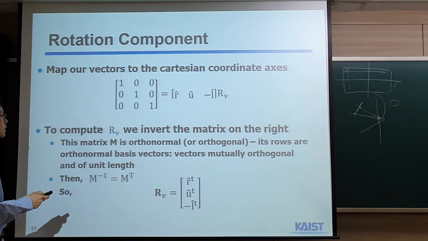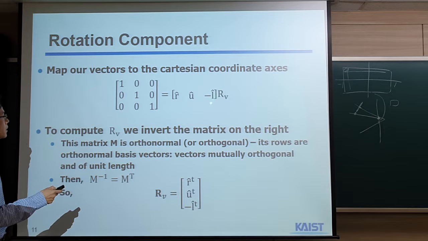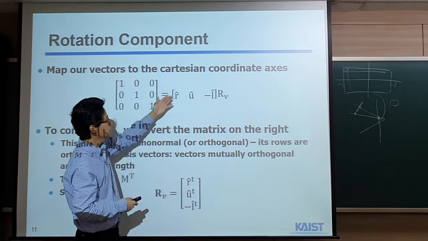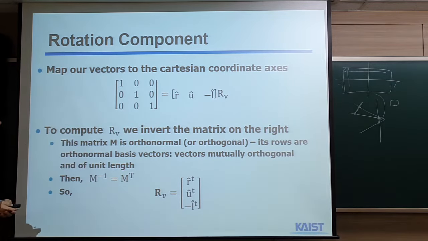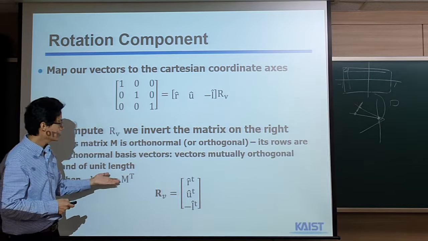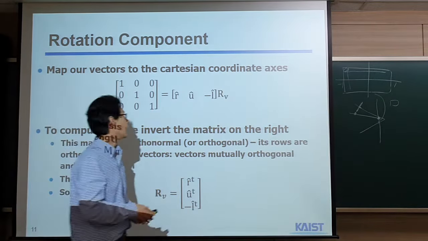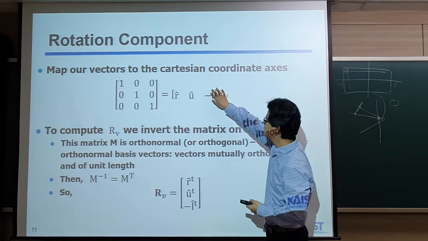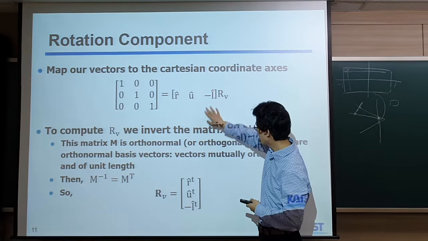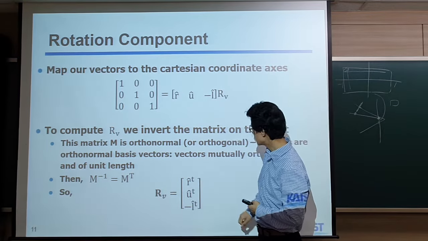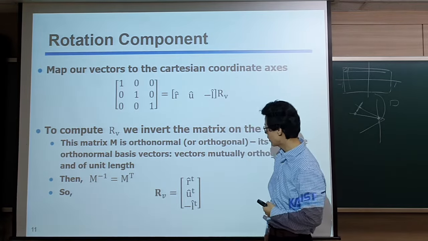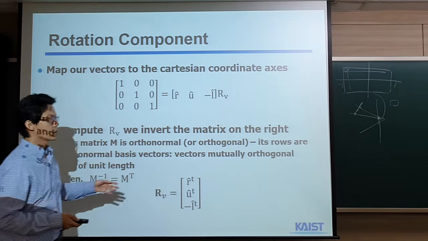But fortunately, these vectors are also normal. In other words, these three vectors are orthogonal to each other, and they are unit vectors. In that case, one can show that the inverse of this matrix can be computed by the transpose. And then by taking this inverse, R_V can be computed by the transpose of this matrix. In this case, it is the R vector, U vector, and L vector transposed. Okay, so now we computed this